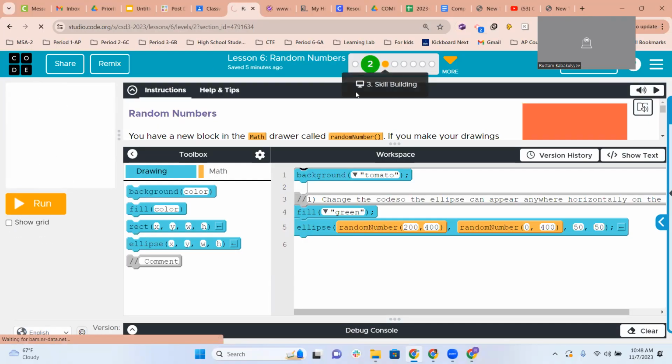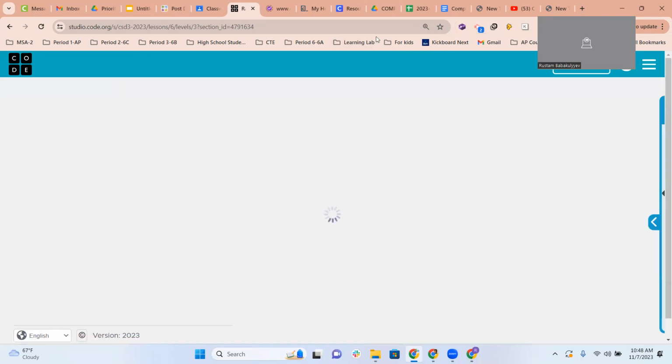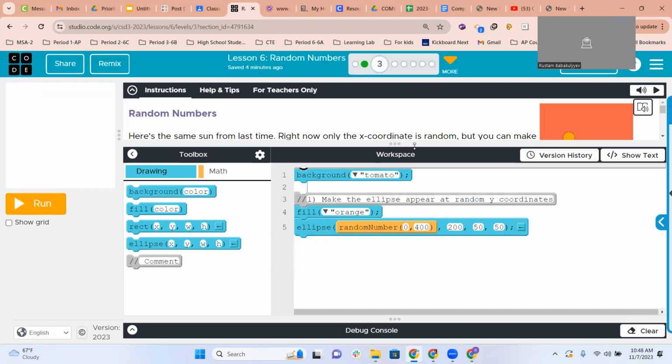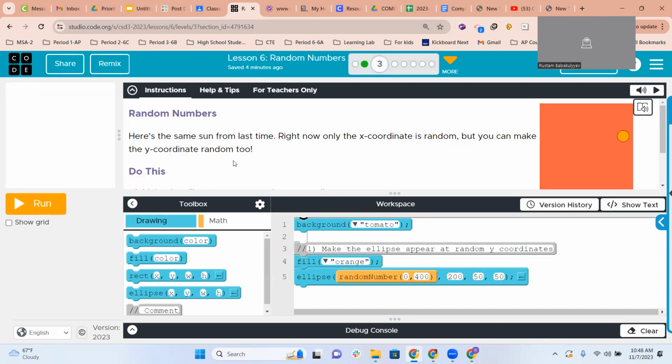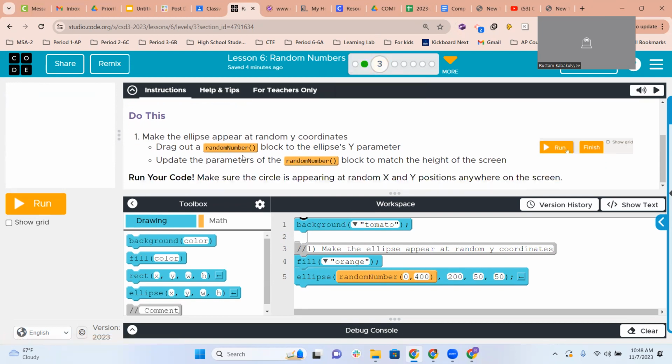So task number 3. All right, let's read the instructions. Here's the same sum from the last time. Right now, only the x coordinates are random, but you can make the y coordinate random too. We actually did it in the previous task. So 2 and 3 are pretty much the same thing. All right, so you can just add